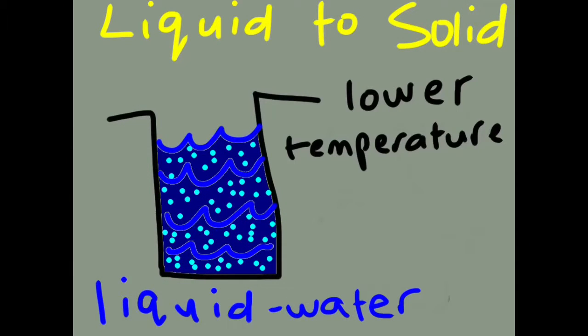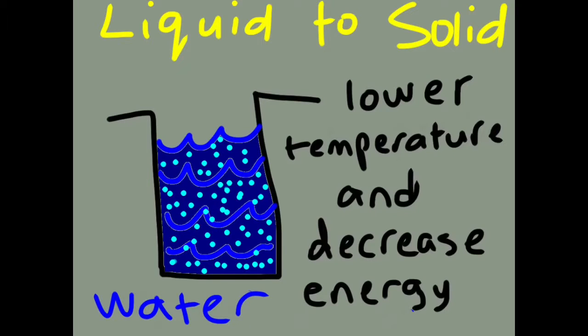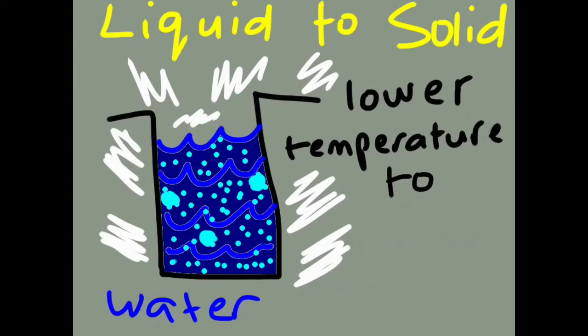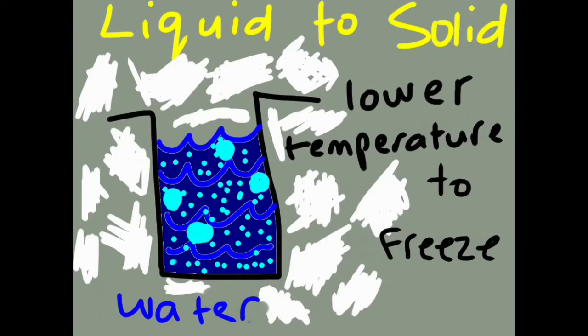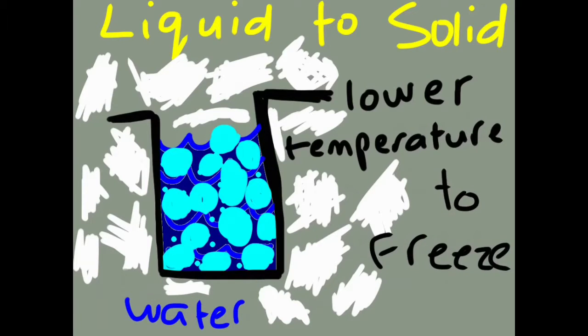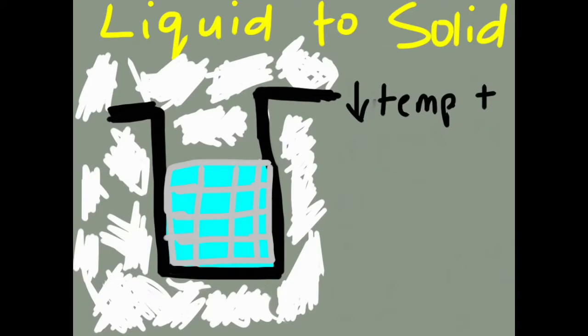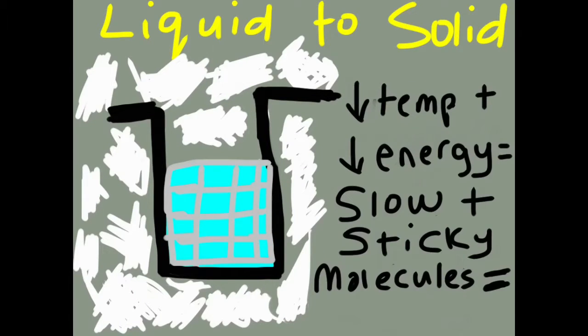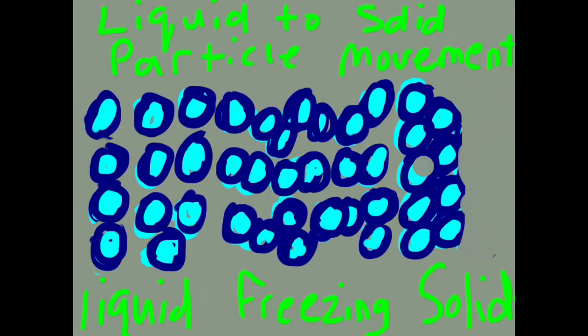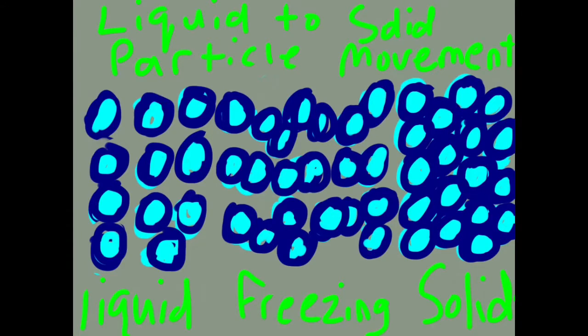Now we're going from a liquid to a solid. The water molecules are cooler than what they were before, and they're moving a lot less. Now we want to make this liquid turn into a solid through a process called freezing. This process takes all the heat away that's in the particles and freezes them. Now, as we freeze the water particles, they start to bunch up, which means that they start to get sticky. And the colder they get, the more sticky they become, which forms a solid state. So now they're back to the original state, ice.